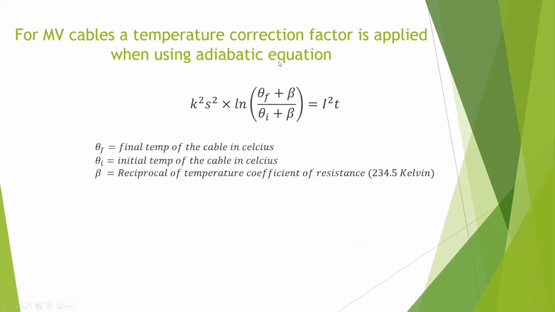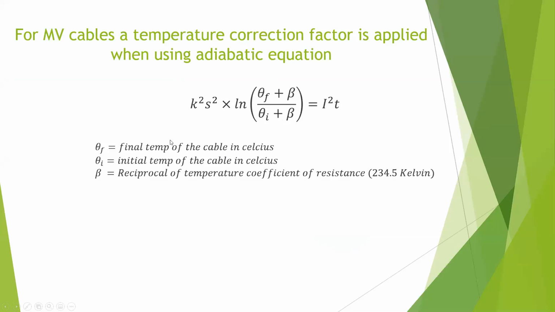But when it comes to MV cables, these MV cables will get very hot during a short circuit fault. So therefore, we are going to have another term as a correction factor for this adiabatic equation. This will be the thermal capacity of your conductor, and this is the energy let through. Energy let through does not change, but thermal capacity will have another term included to that. So in here, I will explain the terminology.